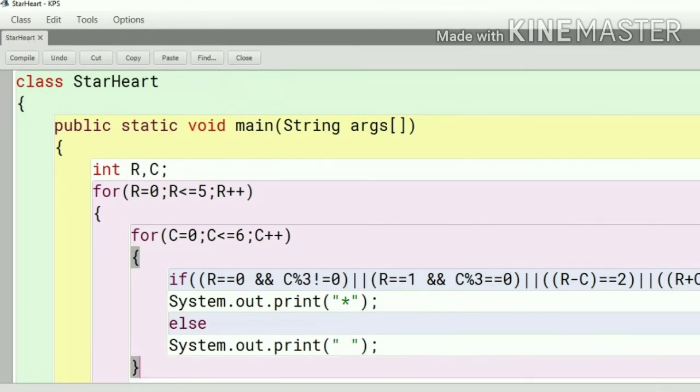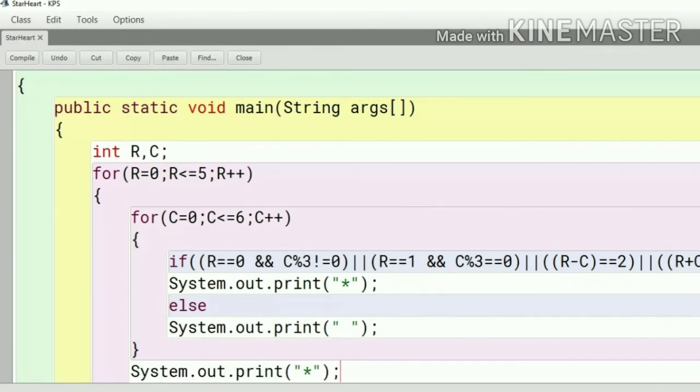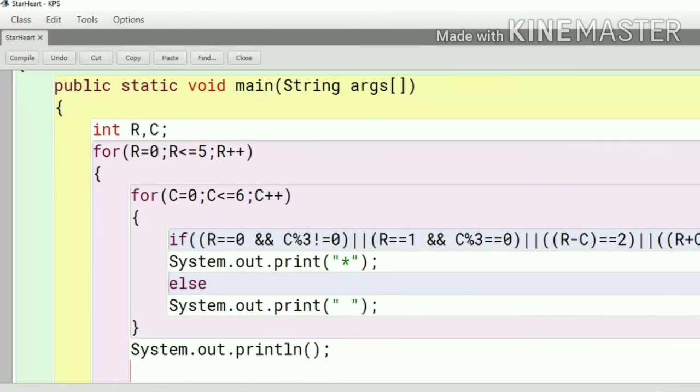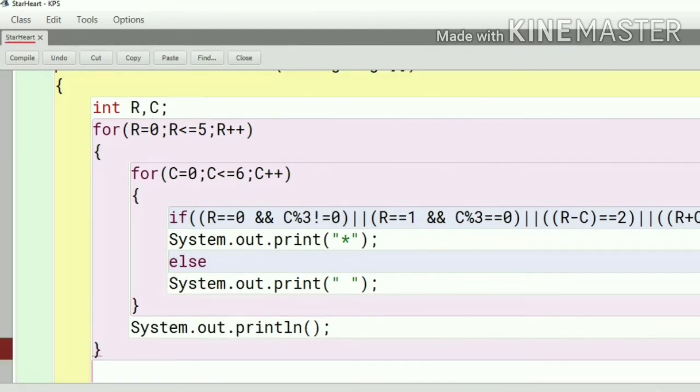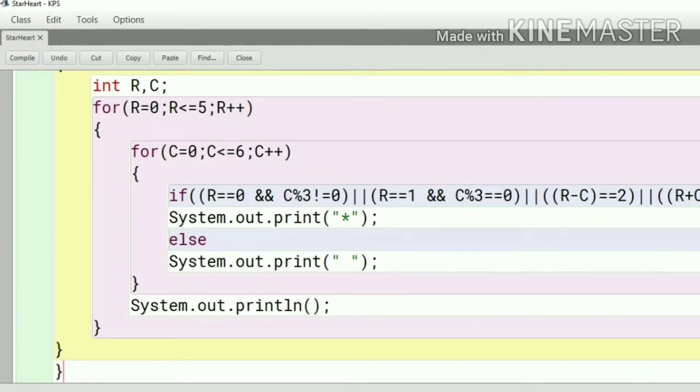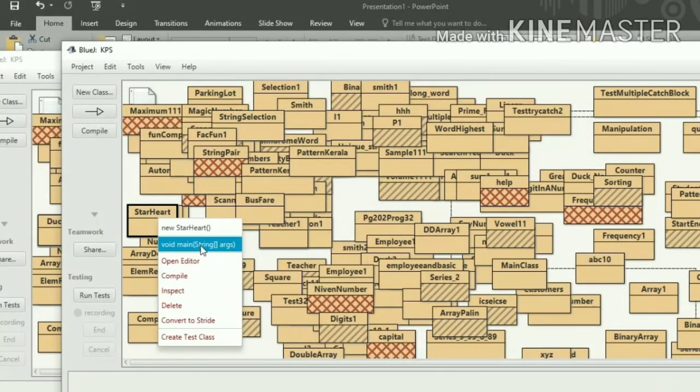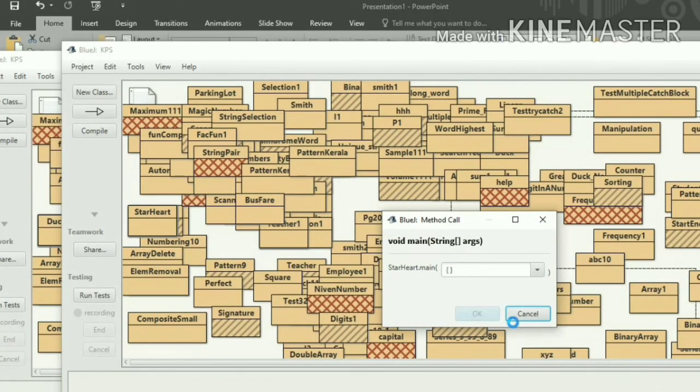Close the column loop, then System.out.println for changing the line, then close the row loop, close the main method, close the class, compile this program, and check the output.